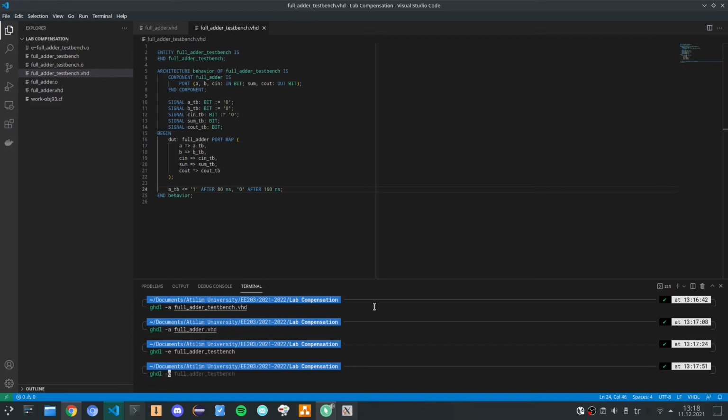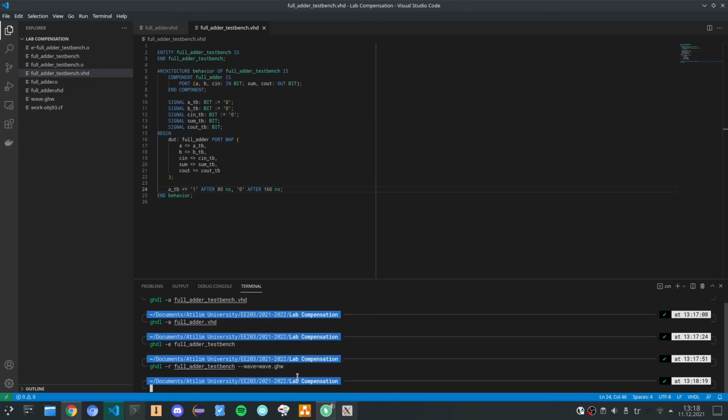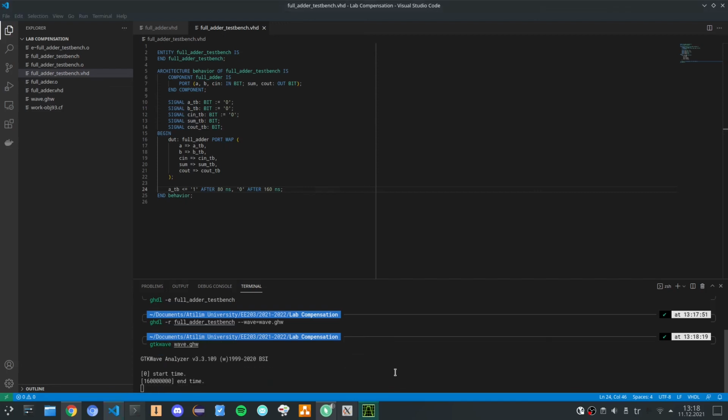It can be run with the command ghdl -r full adder test bench, and to see the output timing diagram, I'm going to create a file called wave with the --wave option, which is a GHW file. You can open GHW files with the GTKWave program. So write gtkwave and the name of the GHW file, click enter,